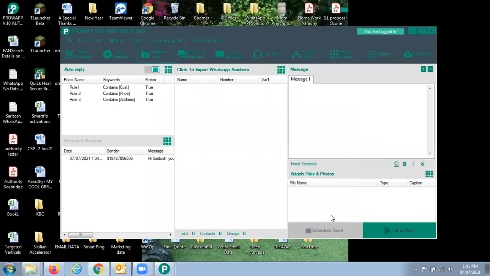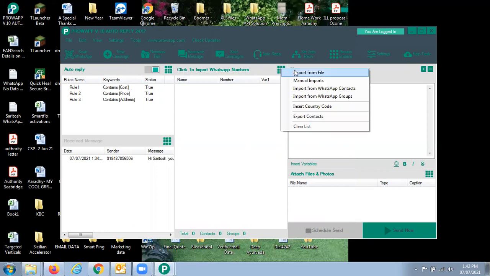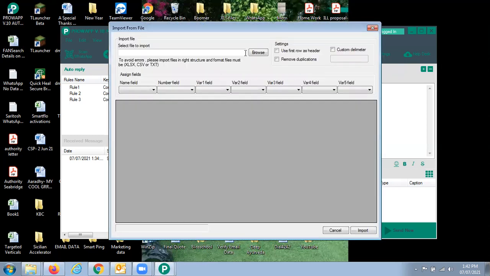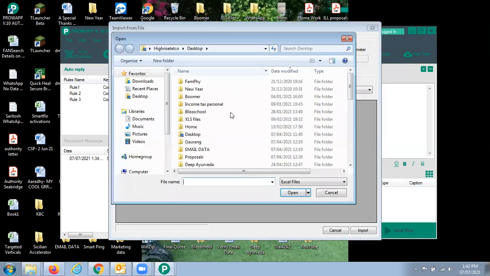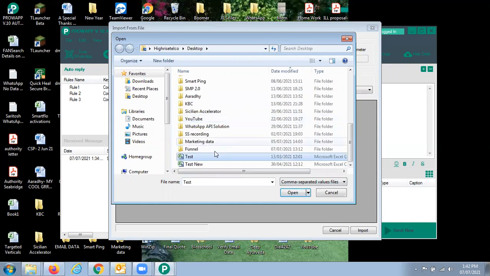Once my database is ready, with all WhatsApp numbers, there is this section. I will import the database for sending WhatsApp. Again, the same place. If we have the same file, we'll again upload the data.